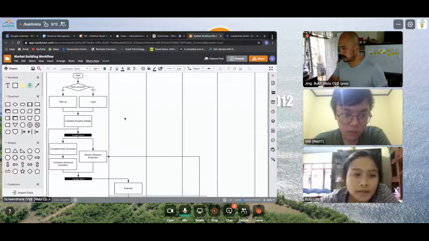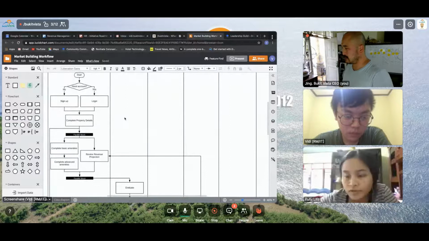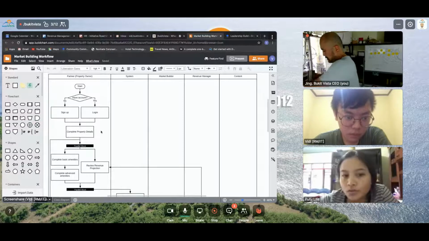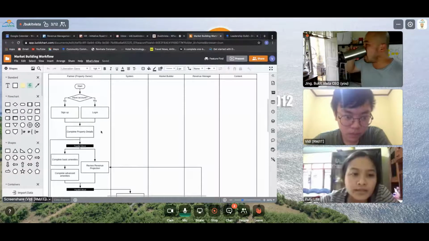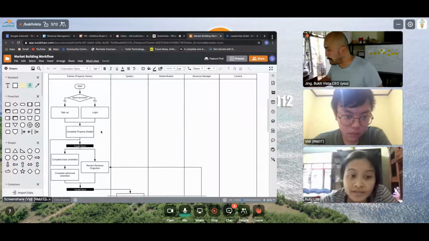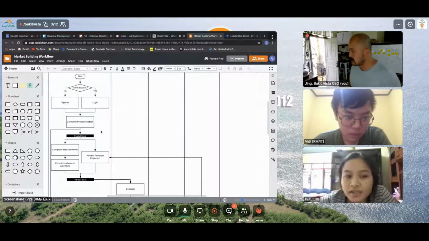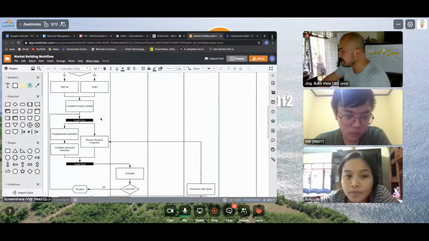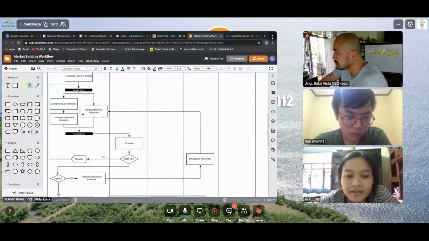Got it. The first one is on the property owner side because we want to make it scalable, so we cannot assist them one by one to put in property details and so on. The system starts by asking, do you have an account or not? If yes, then log in. If not, we'll sign up, make the account, and then complete the property details, such as, in the class diagram, we have the